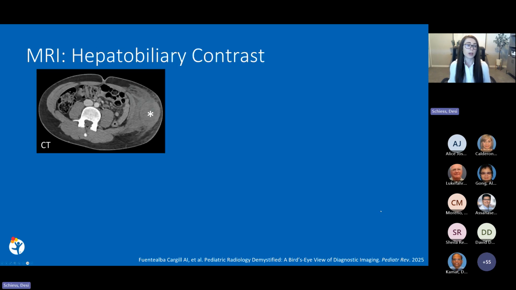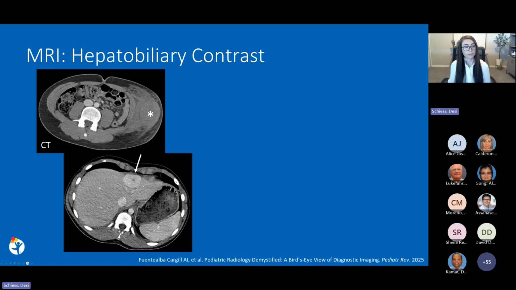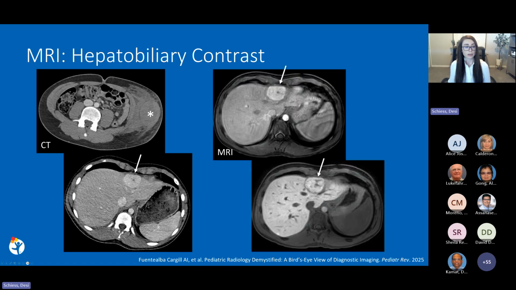Here's an example. This 12-year-old girl hit a tree while skiing and then sustained a second injury to the same area while sledding. She presented to the ED with a contusion over the left superior iliac crest and extensive bruising. Contrast-enhanced CT demonstrated a large soft tissue hematoma in the left flank, as well as an incidental liver lesion. The patient underwent incision and drainage of the hematoma, and 2 months later, an MRI was performed with Eovist contrast